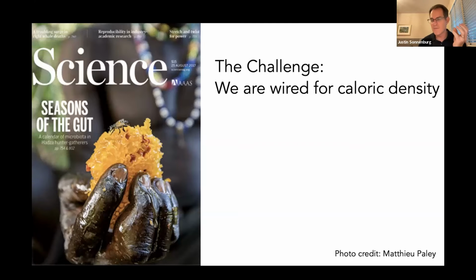The Hadza love honey. But to get that honey, they have to identify a bee's nest up in a tree. They have to rub sticks together on the ground to create fire, to create smoke, pound pegs into the tree, climb up the tree with these smoking embers in dried grass, smoke out the bees, throw the honeycomb down to their partners that are waiting below, risking death of falling out